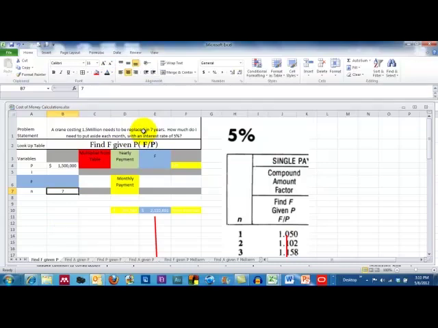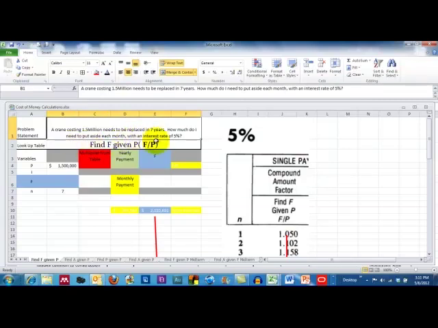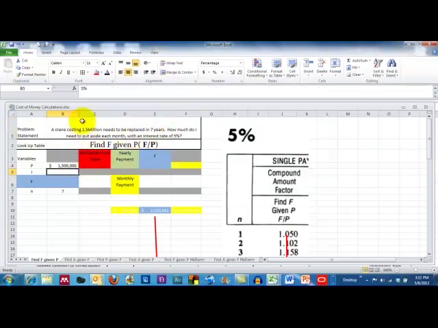Our interest rate's been given to us at 5%. So the variable that we're looking for is the future value of what this particular piece of equipment is going to cost us in 7 years. And today's present value, we know it's $1.5 million. So we have been able to determine that our formula is going to be find F given P. So over to the right,